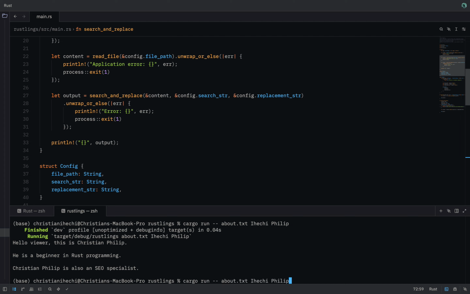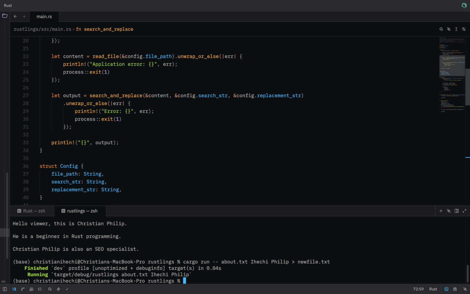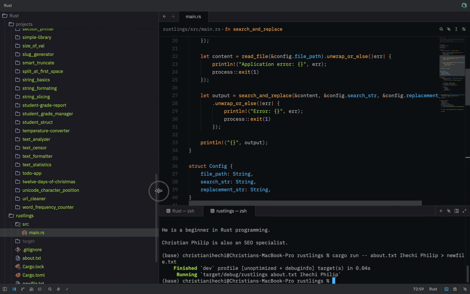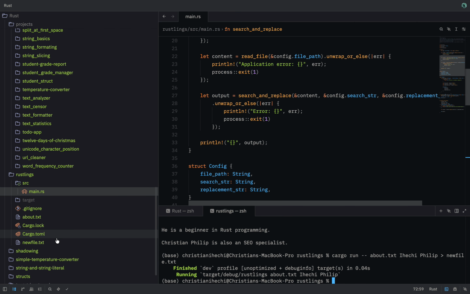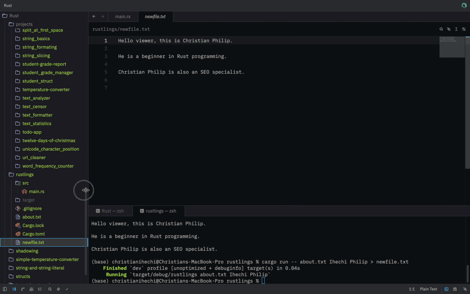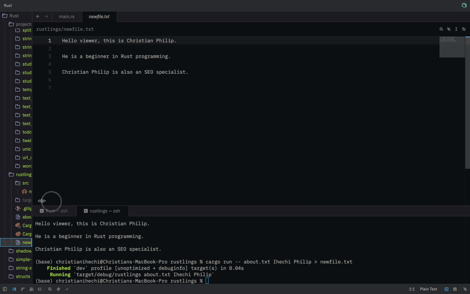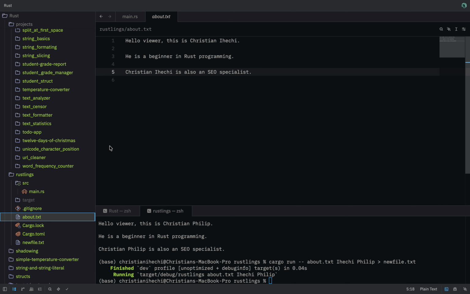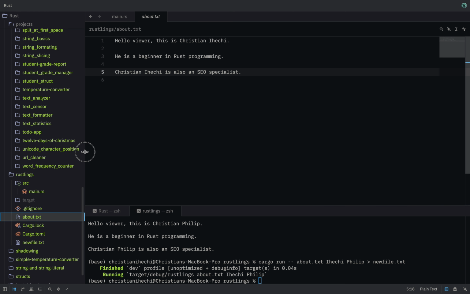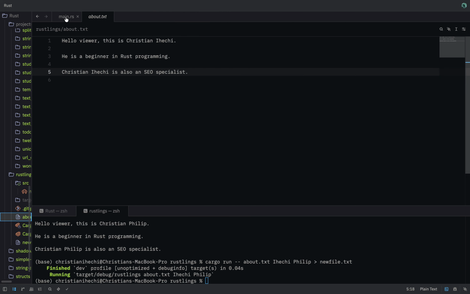And if we want to maybe save the output to a file, we can say new file dot txt. This does not do anything, it just saves the output to a new file. If you check your folder, you can see hello viewer, and we still have the original unchanged. So yes,